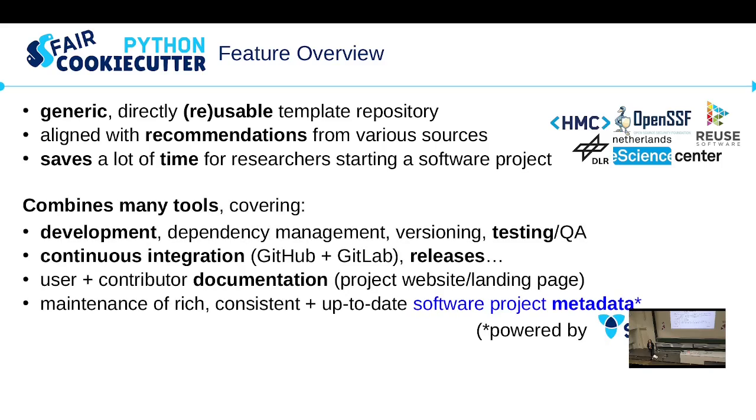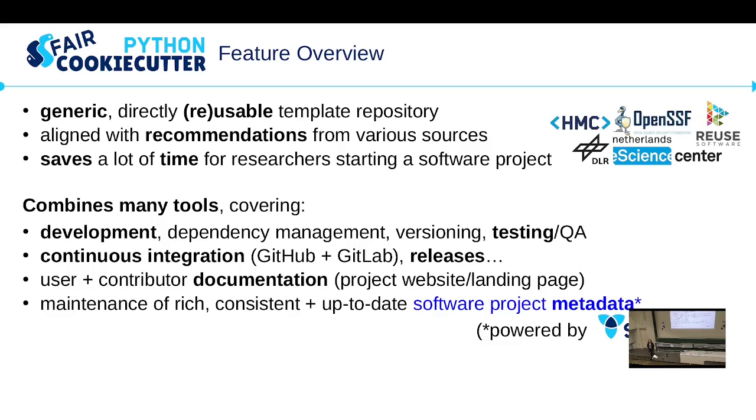So what is included in the box is basically everything, all the topics mentioned. So you need workflows for development, for checking your code, for dependency management, processes for how you should version and release your code. Basically everything is set in place so that CI runs the tests for you, that documentation website pages are generated and can be deployed to GitLab or GitHub. And a special thing, again, because we are interested in also ensuring good metadata, is we added a tool, the second tool I'll present later,